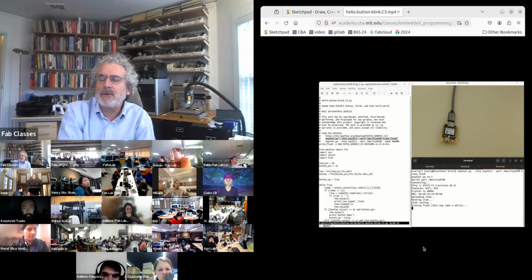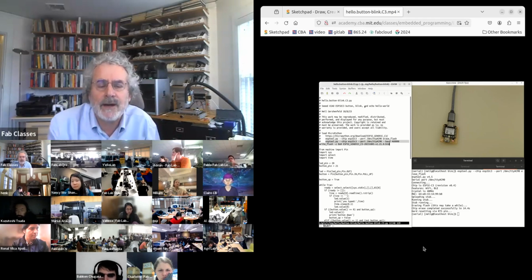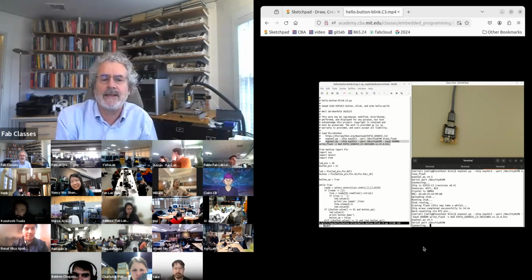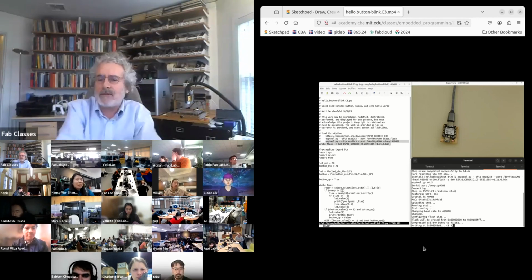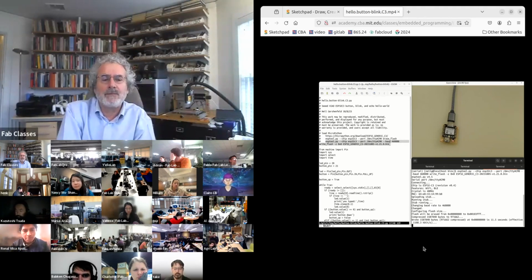Ricardo is asking about the bootloader. Ricardo, the Arduino loads the bootloader. I only reset it to change the code the first time. Once you've reset the processor and run the Arduino IDE, it's loaded the bootloader and you don't have to push the button again. So now I'm using the tool from Espressif in a command line to load the Python interpreter,